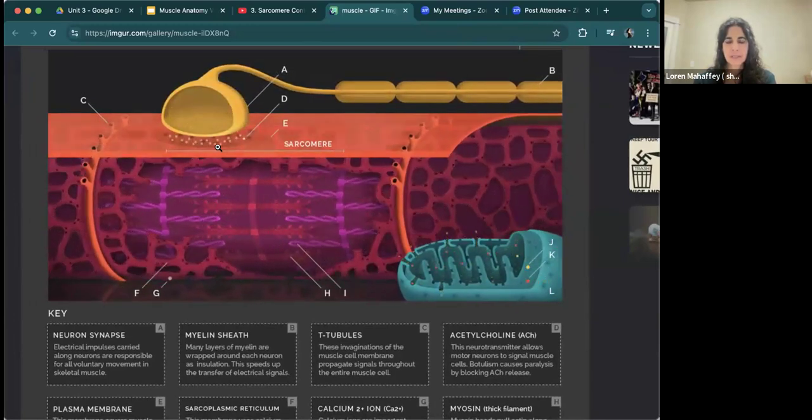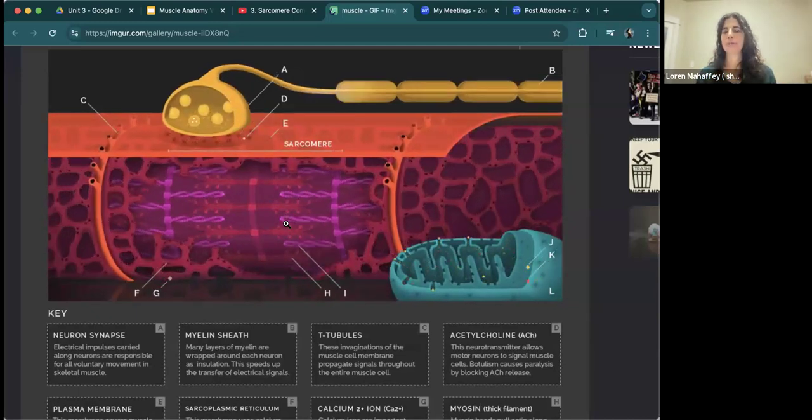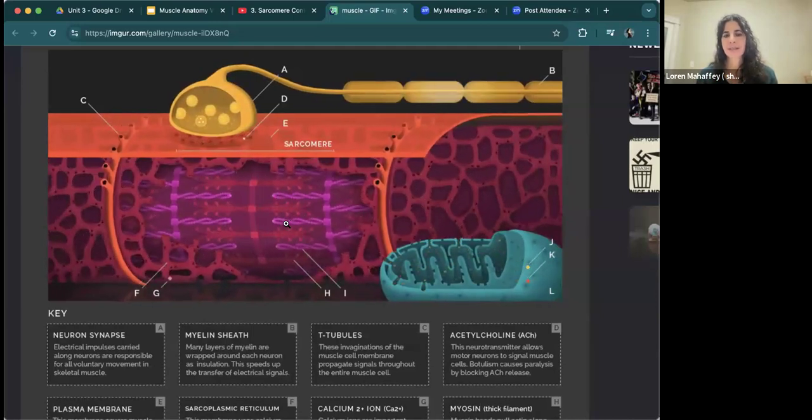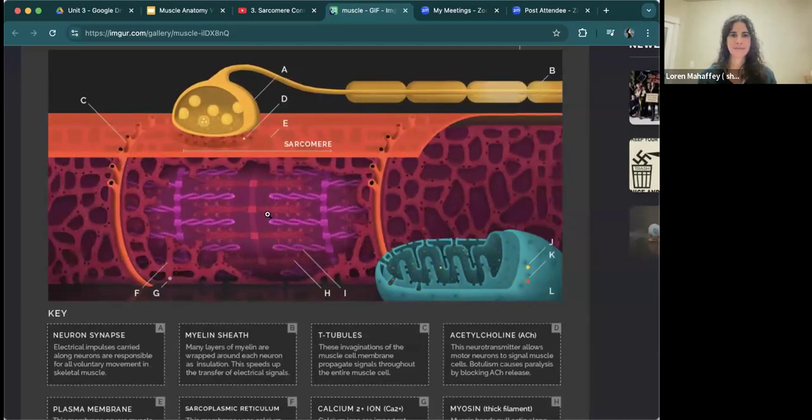When the muscle cell receives that signal, the mitochondria down here, which is producing ATP, floods the cell itself with the chemistry of ATP and calcium. And what the cell does is it uses that chemistry to contract and to pull. And once it metabolizes that chemistry, it releases. So that's what you're looking at here.